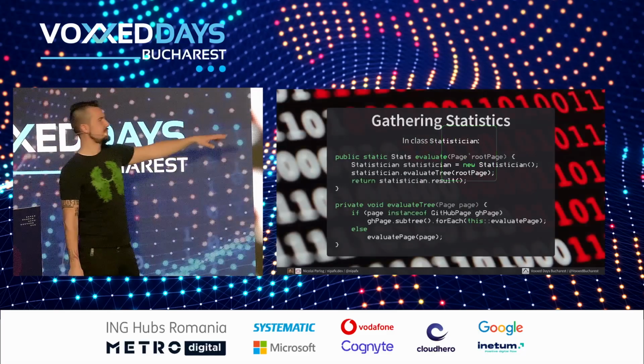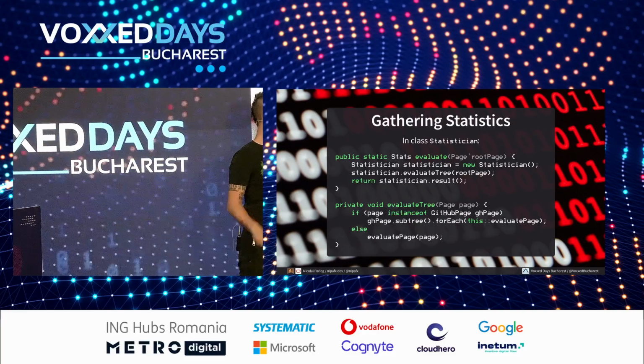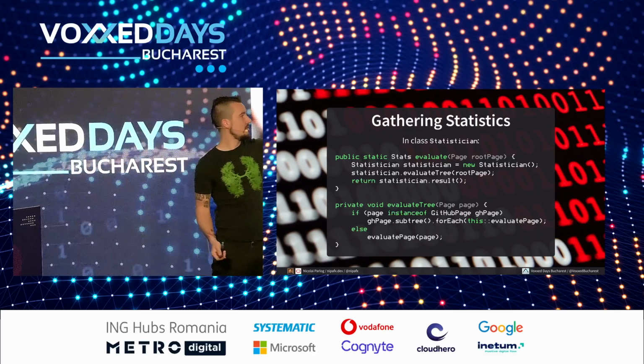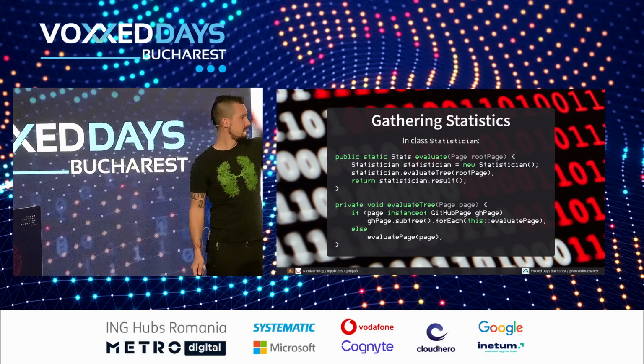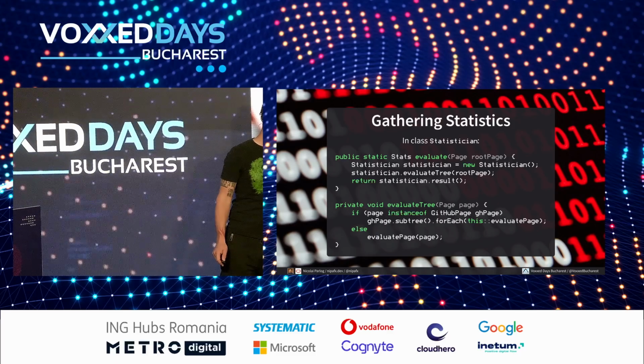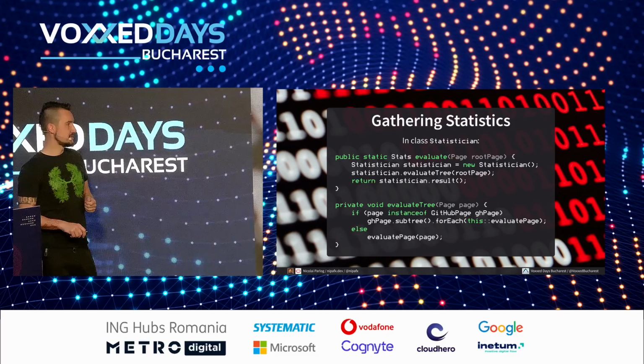So what does it do? This one creates a statistician because we need to run some state, we need to increase some numbers, so I created a statistician to hold the state, and then I call evaluate tree on that thing, and then I return the result. And evaluate tree, that's the method below, that does this little trick, because if the root page is